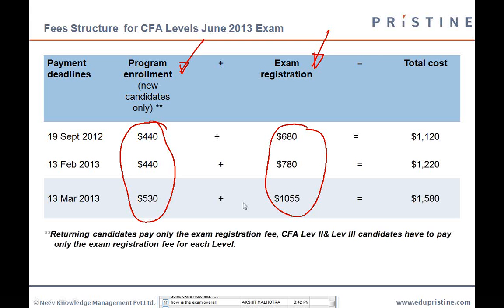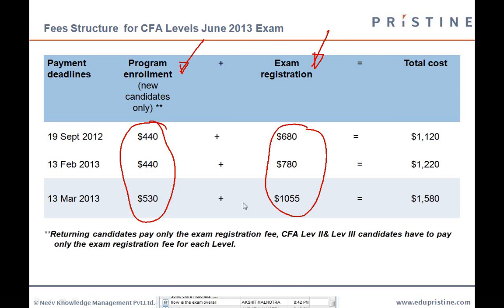Satish has a question: can we only focus on Schweser notes while preparing for CFA Level 1? If I were you, I would probably not do that, Satish. The notes are good because they give you a good brief about CFA concepts, but they don't tell you anything in detail. For learning some concepts in detail, you need either something like a pristine lecture, or you need to study the CFA textbooks, because if you look at any concept in the CFA textbook, they give you a good background and an actual practical example where you study this concept, etc.